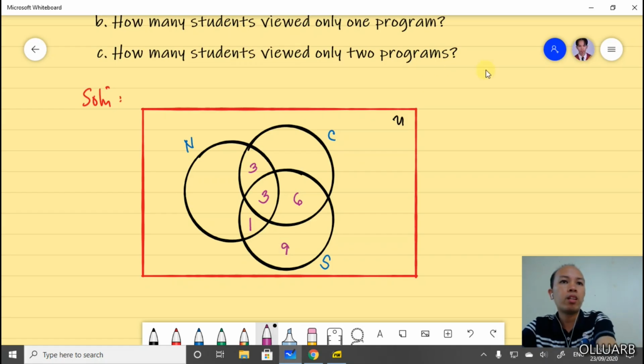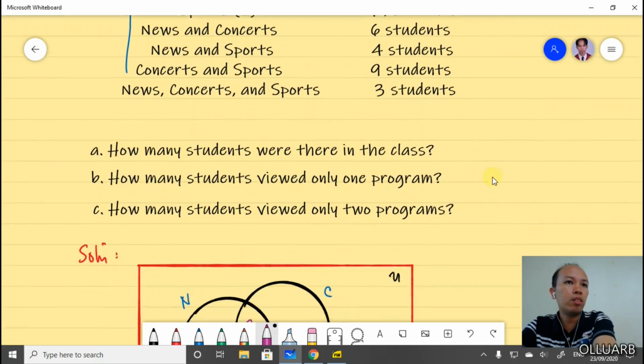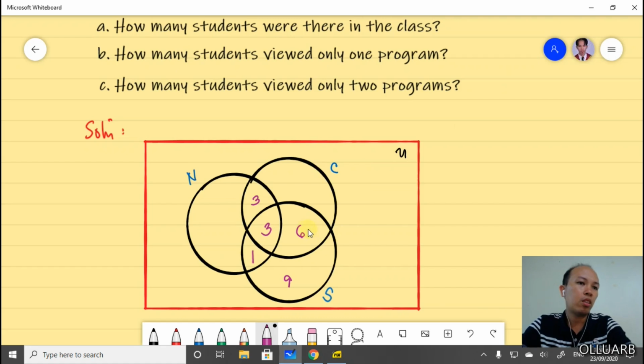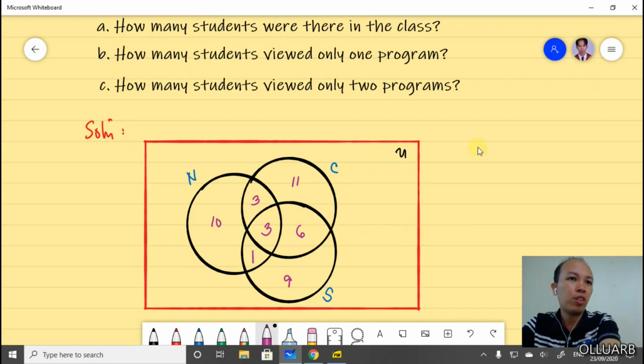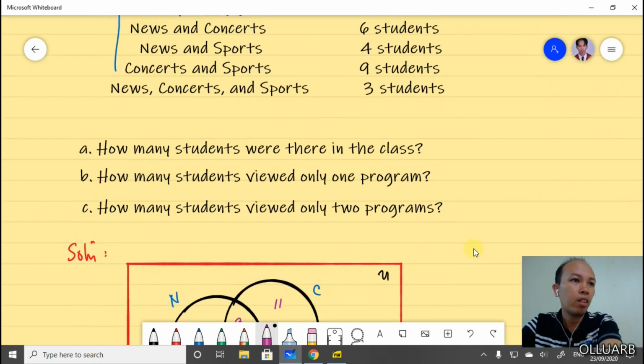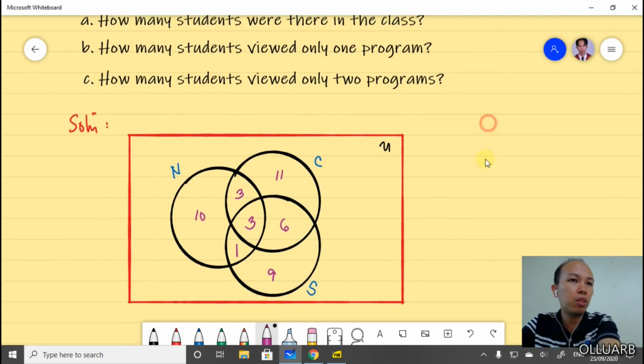Okay, for concerts we have 23. So 23 minus 12, 23 minus 12, we have 11. Okay, 23. So for news is 17. So 6, so this is 10. Okay, 10, 13, 16, 17. Okay, so as you have noticed, to answer letter A, all you have to do is